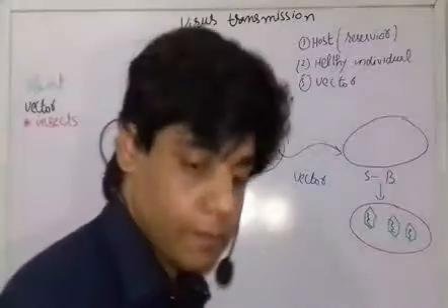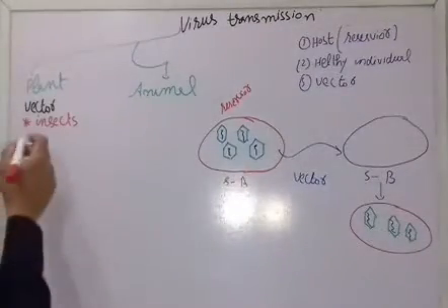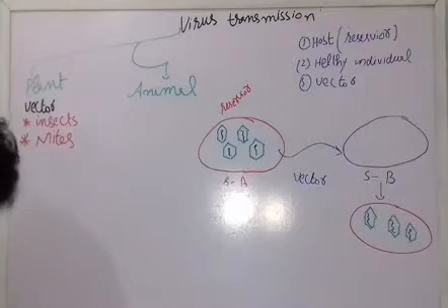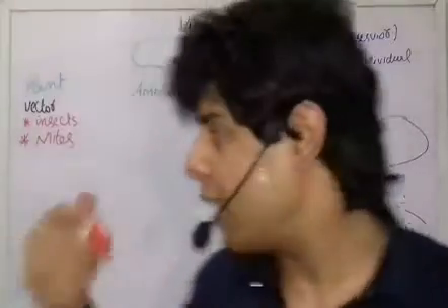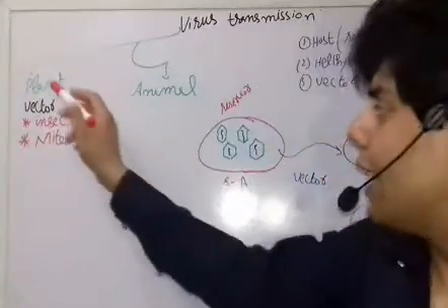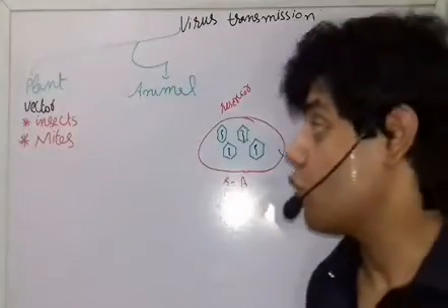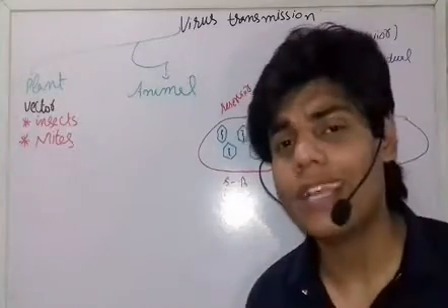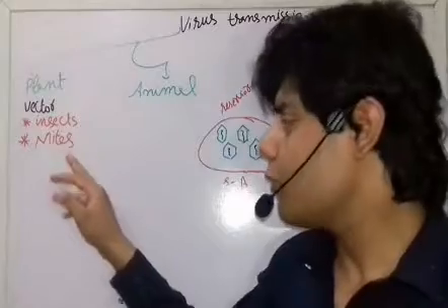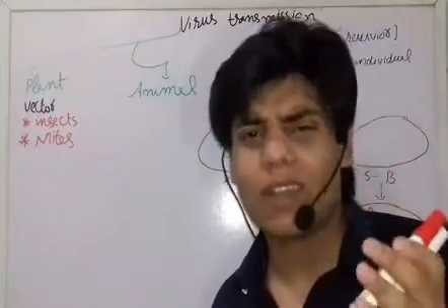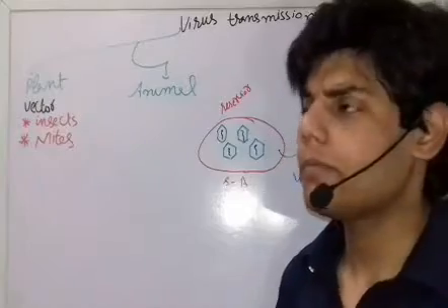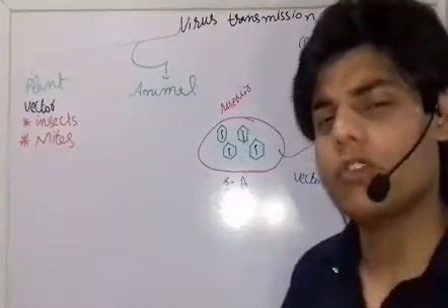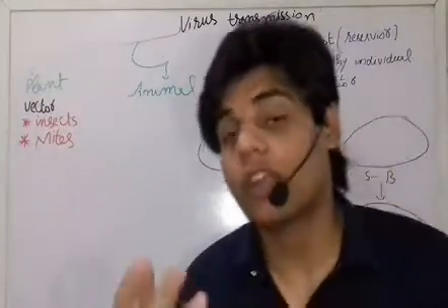Okay. Second, we have mites. Mites also transfer diseases from an infected host to a healthy one. Let's suppose the plant is infected with viruses. What are mites? Mites actually look like lice, the lice which are present in the hair. It looks like a louse, but a little bit larger. Fine. If you want to see the picture, you can search Google and easily see a picture of the mite.